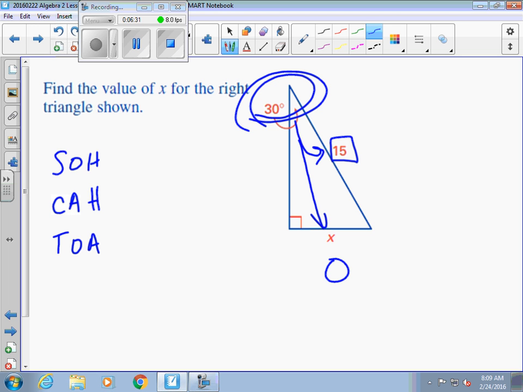From 30 degrees, what is 15? We know it's not the opposite because that's what X is. Is it the adjacent or is it the hypotenuse? Now,